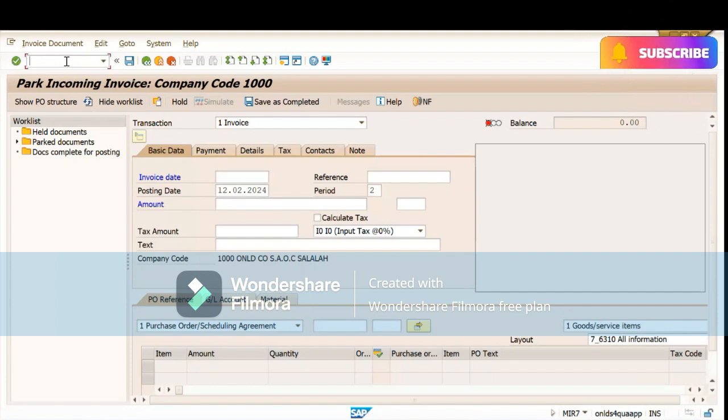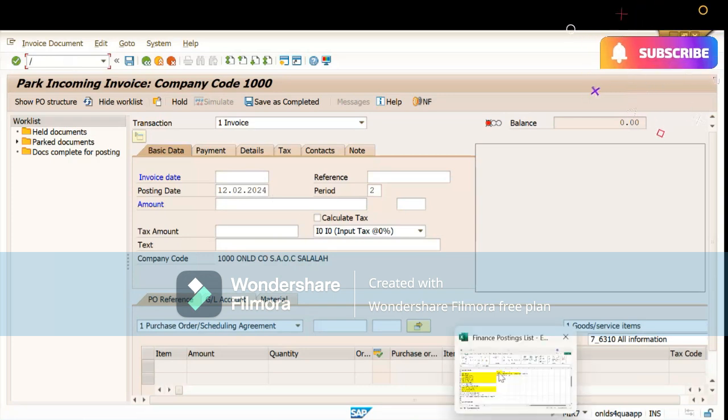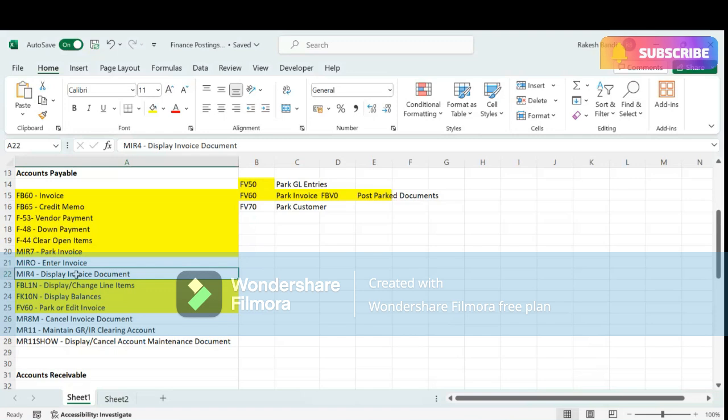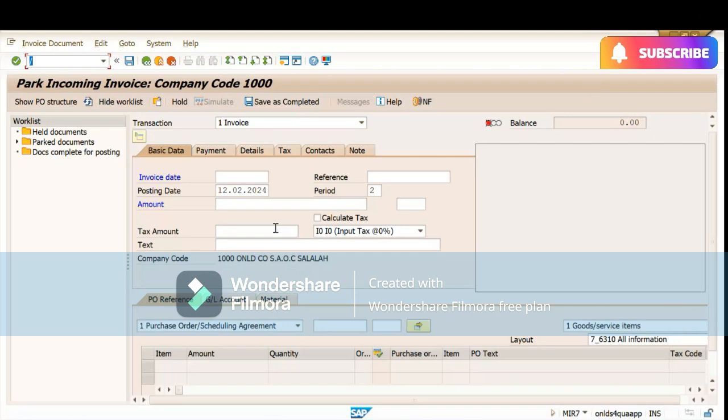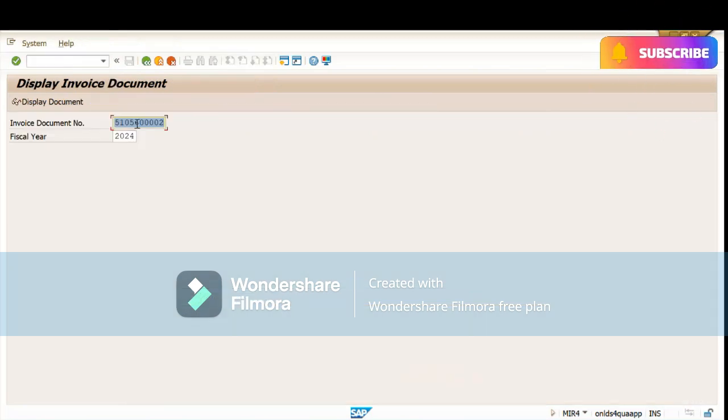So how to post this parked invoice? There is one transaction code, MIIRO. This displays the invoice documents, and we can display the documents, we can edit the document, and we can post the document. /n MIIRO. This is the document number. If you don't know the document number, just